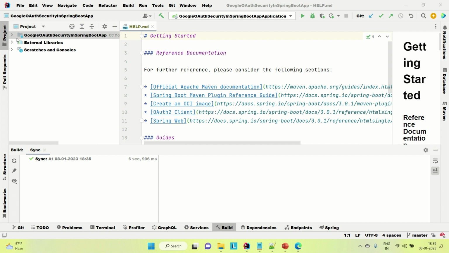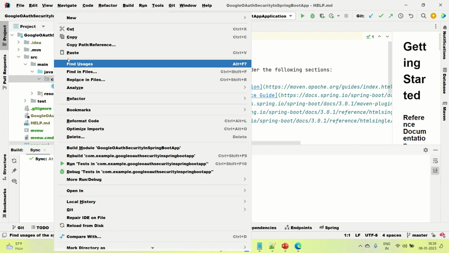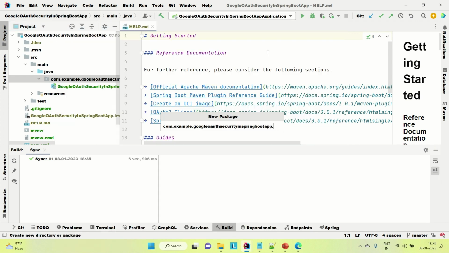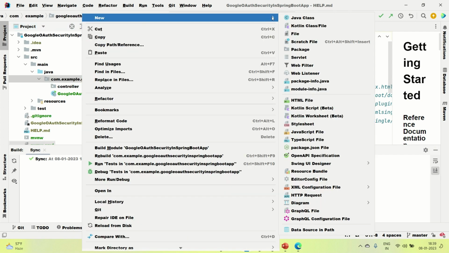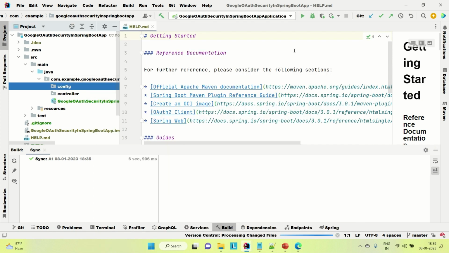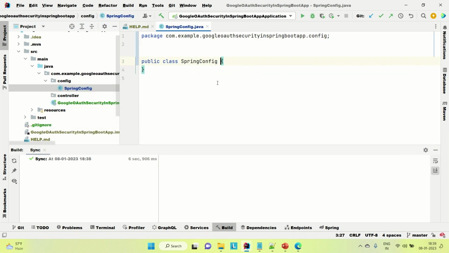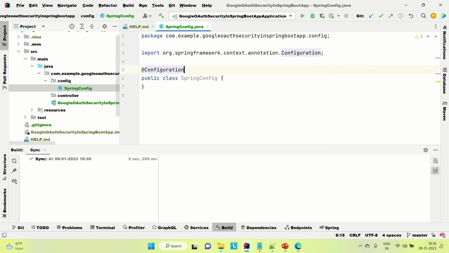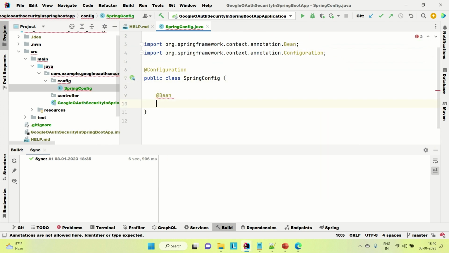So let me go to the application, to source, main, Java, and here let me create a package called controller. Okay, now let me create another package called config. Now let me go to the config and try to create a configuration class. So let's say it's SpringConfig. Here this is a configuration class, so we need to annotate this class with the annotation @Configuration. So we need to create the bean of this